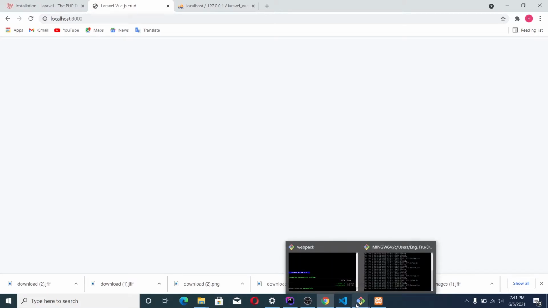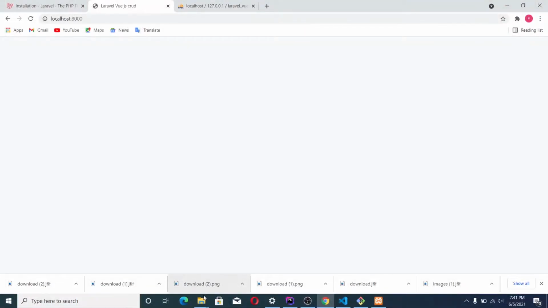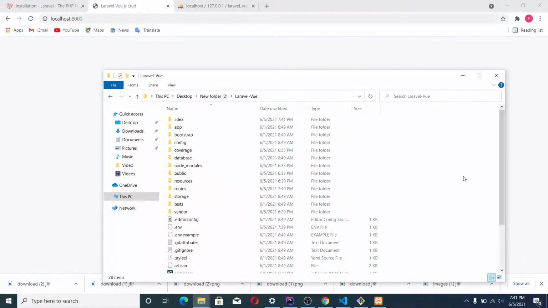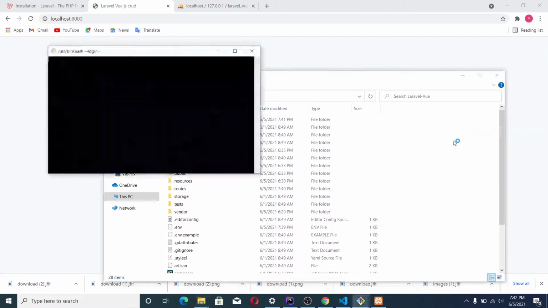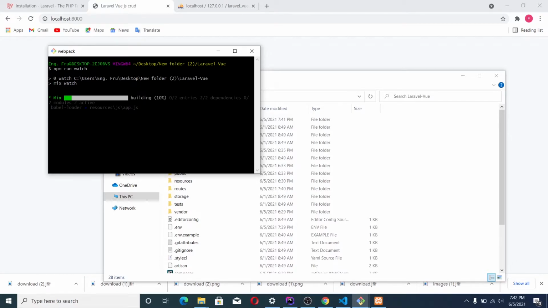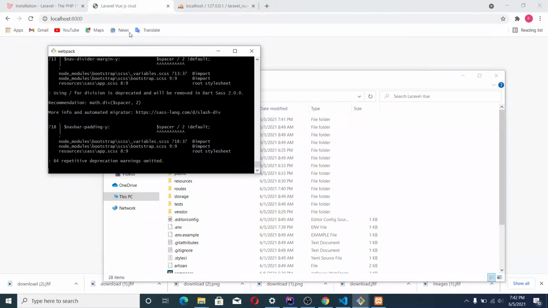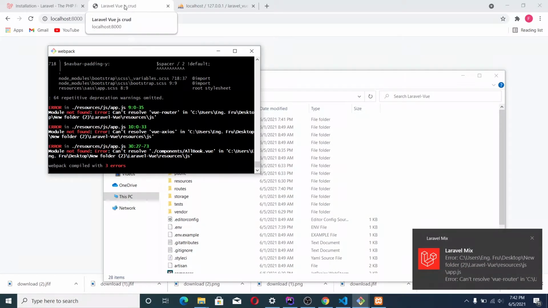It's not working because we need to compile our assets. Alright, so let me open this terminal for compilation. Let's say npm run watch. Seems like we have an error here.